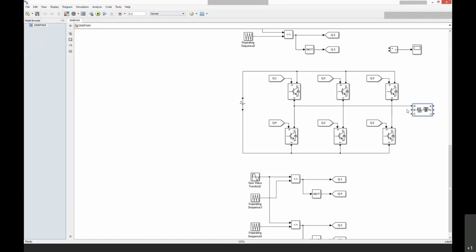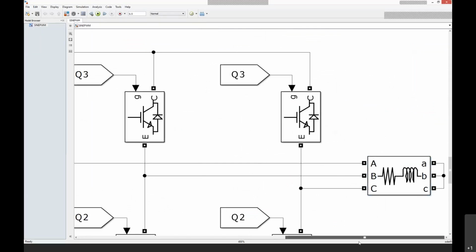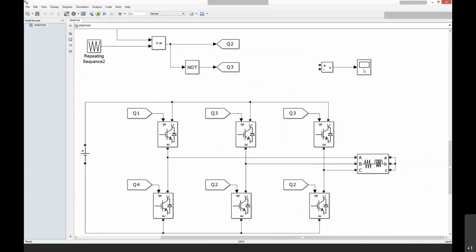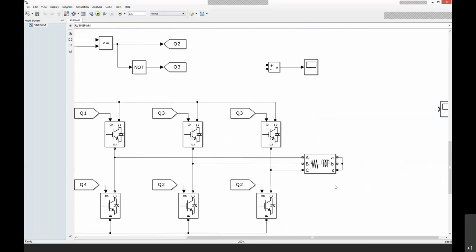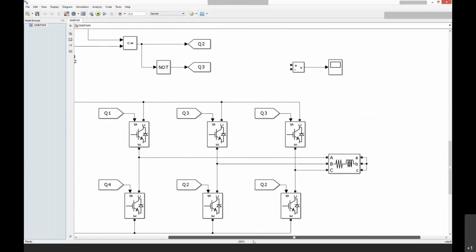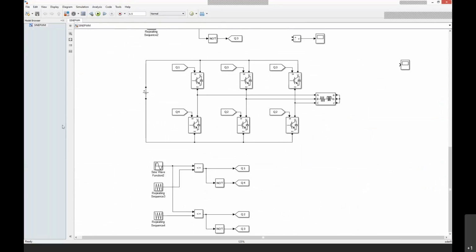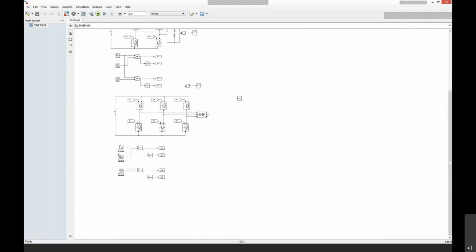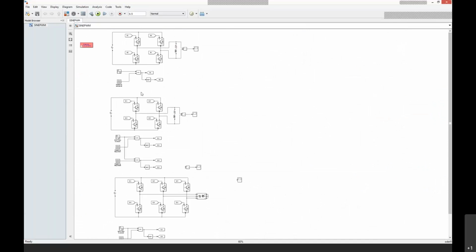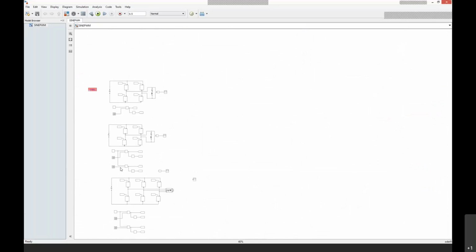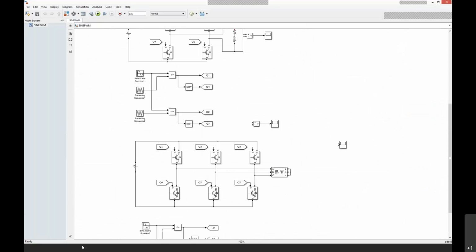So this is A phase, we connect B phase, and we connect C phase. If you want a star connection, we need to connect these ABC points on the other side. So we need to short them to produce a star connection. For the end point, if you want a grounded star, you need to connect to a ground. So you require a ground.